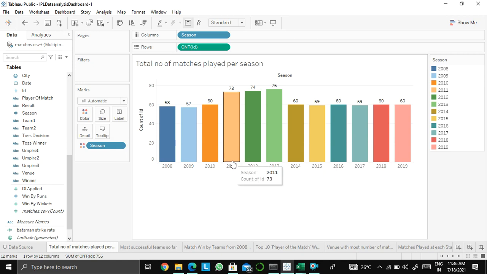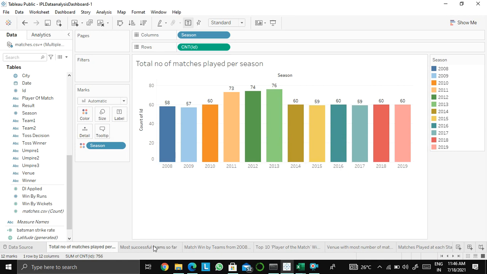If you see these three seasons from 2011 to 2013, there were 9 to 10 teams playing. So that's why the count of matches played is high, like 73, 74, 76. Whereas in all the remaining seasons, 8 teams were playing. That's why the count is from 50 to 60, right?